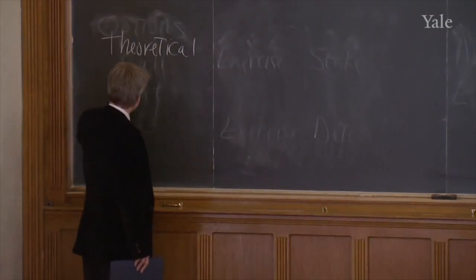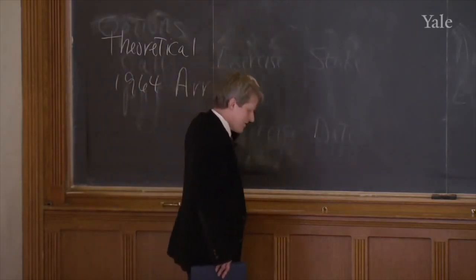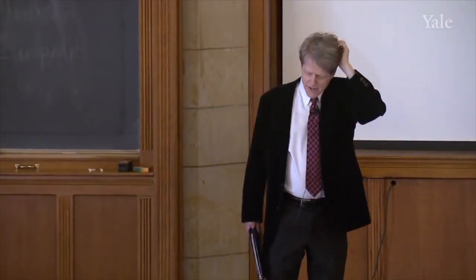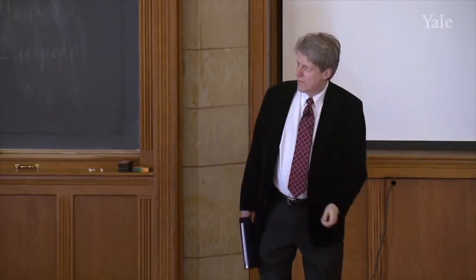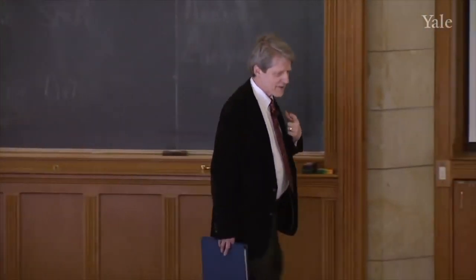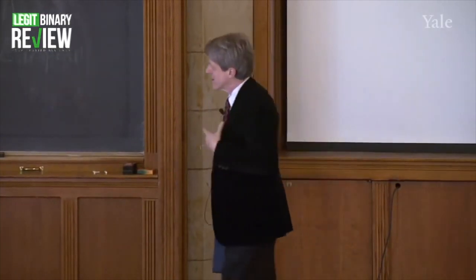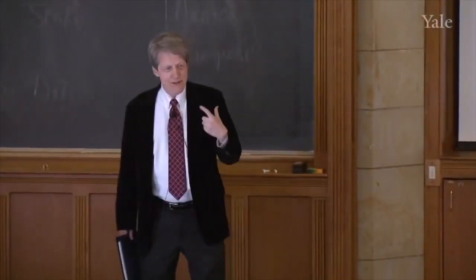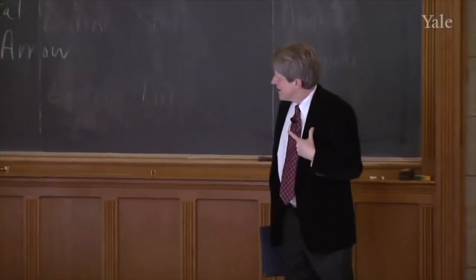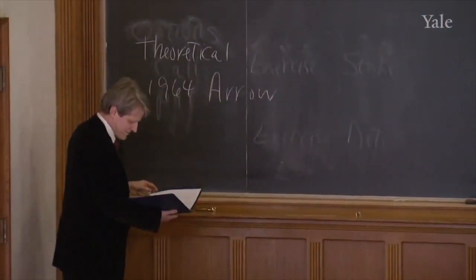But I mentioned in 1964, Kenneth Arrow, who is an economic theorist, wrote a classic paper in which he argued that unless we have prices for all states of nature, there is a sense in which the economic system is inefficient. You really need the price of everything, including the price of some possibility. And in a sense, that's what options are giving you, or the existence of options are giving you.